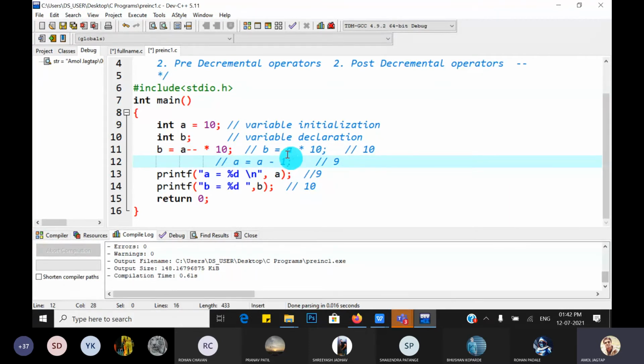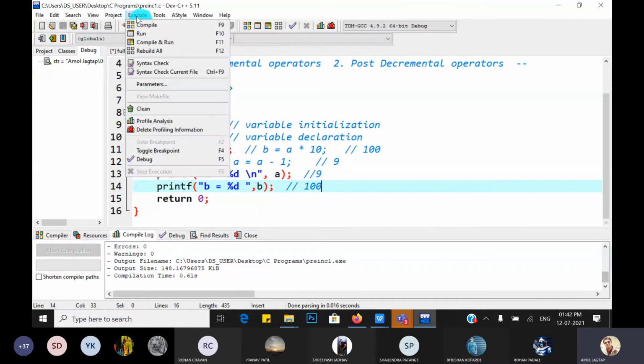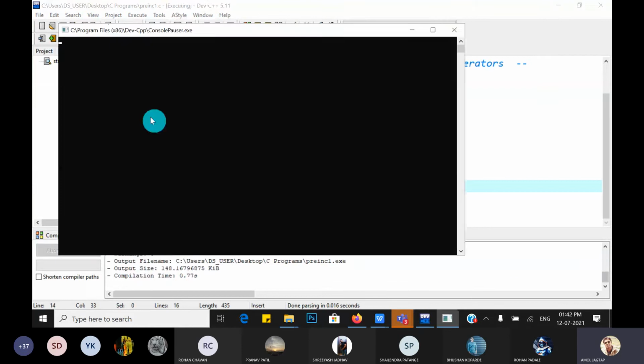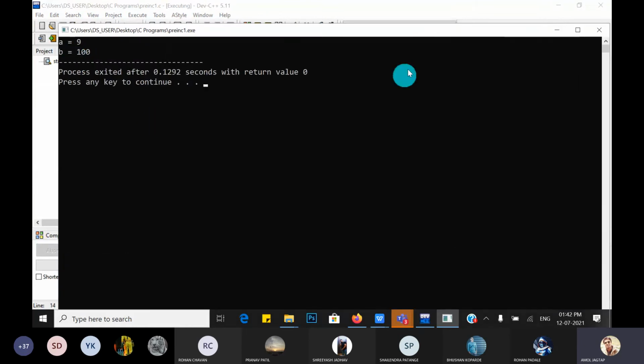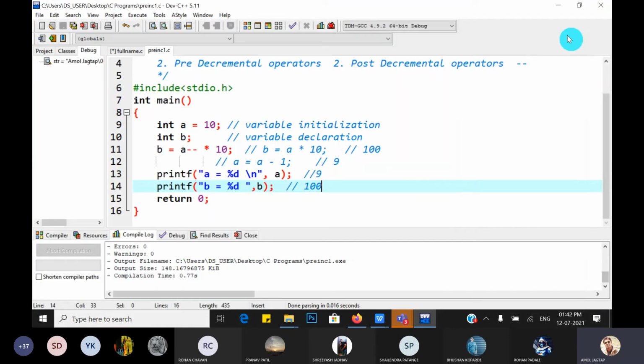So B is equal to A into 10, and A's current value is 10, so 10 into 10 is 100. And A is equal to A minus 1, that is 9. So the current value of A is 9 and B is 100. Okay, so just compile and run it. Yes, it's correct. Okay, any doubts?